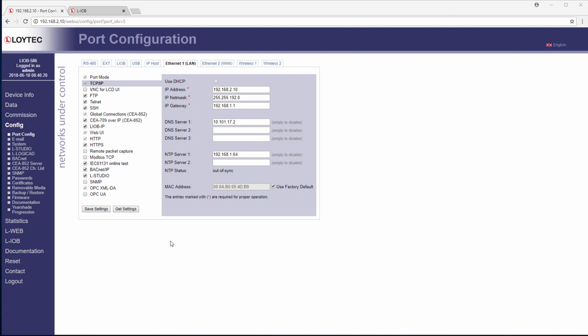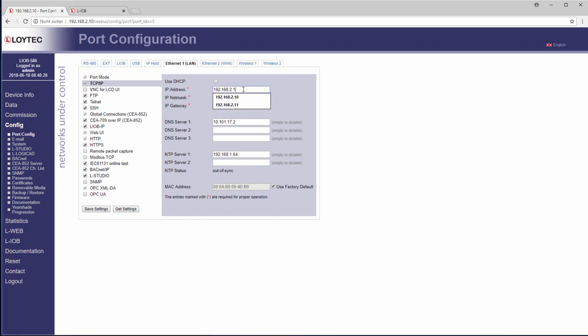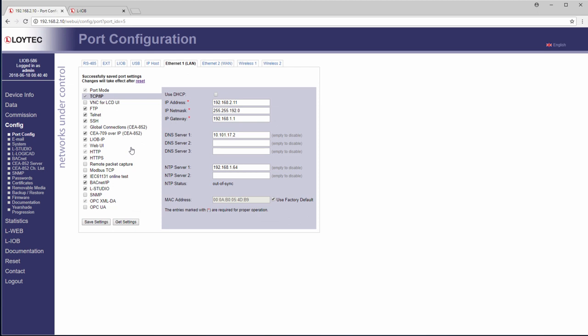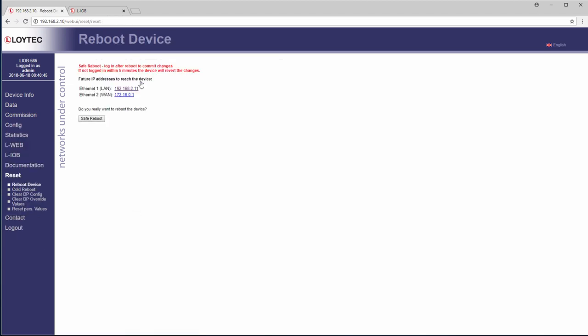If you have changed the IP address of a device, it was possible that an incorrect setting made it unreachable. To prevent this, now a safe restart mechanism was introduced.